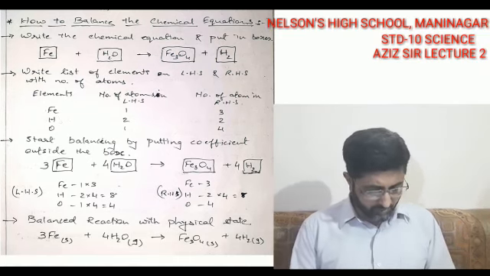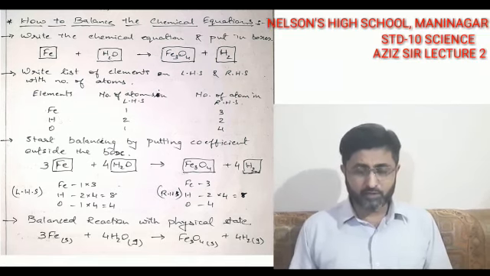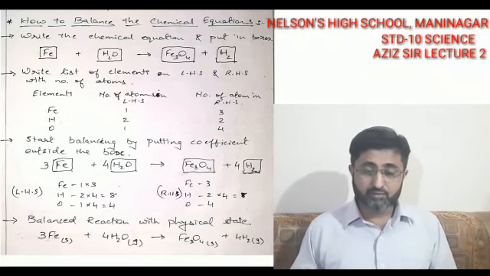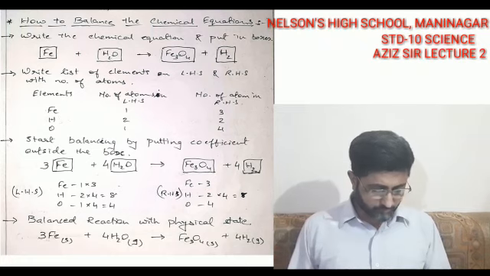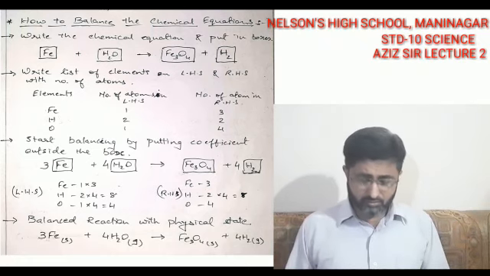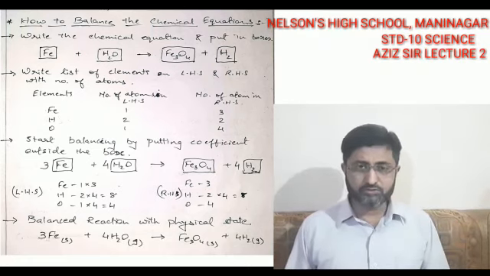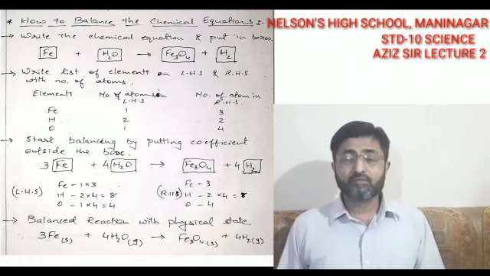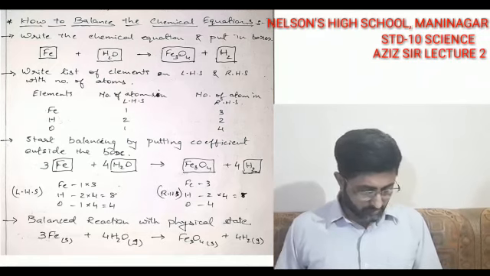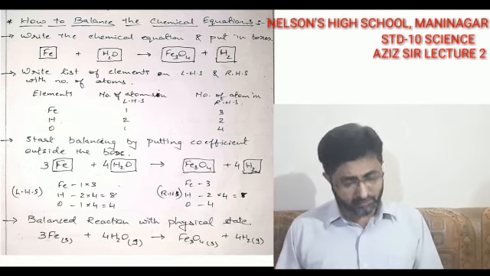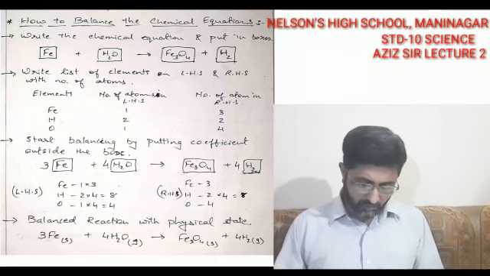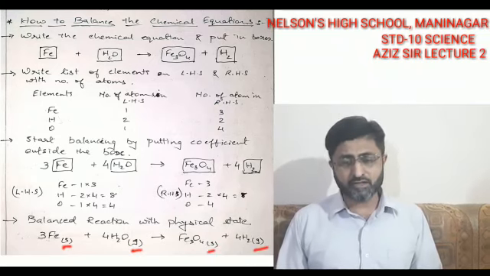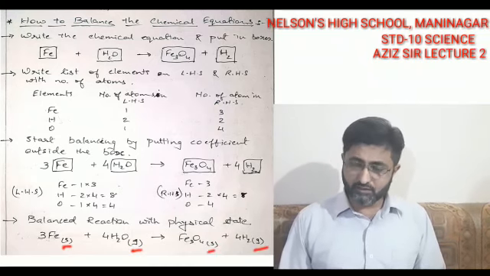So after balancing, you need to write this particular reaction in the form of a complete formula equation. So 3 iron plus 4 water molecules combine to give you iron oxide, that is Fe3O4, plus hydrogen, and the coefficients are supposed to be written, that is 3, 4 and, lastly, 4 for hydrogen on the right hand side. Also you need to write down the states of matter, that is iron is in the form of a solid state,